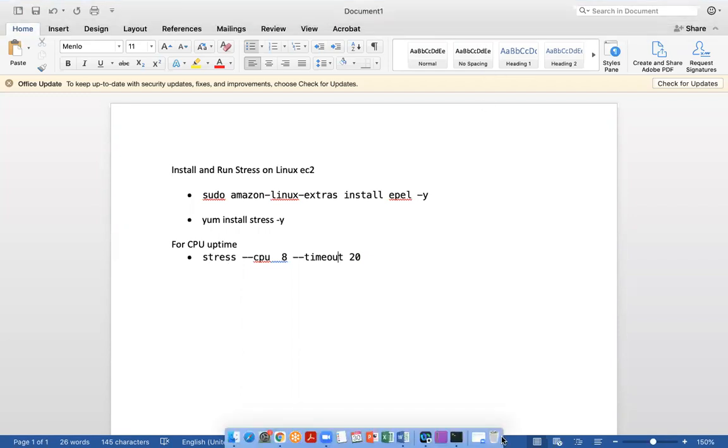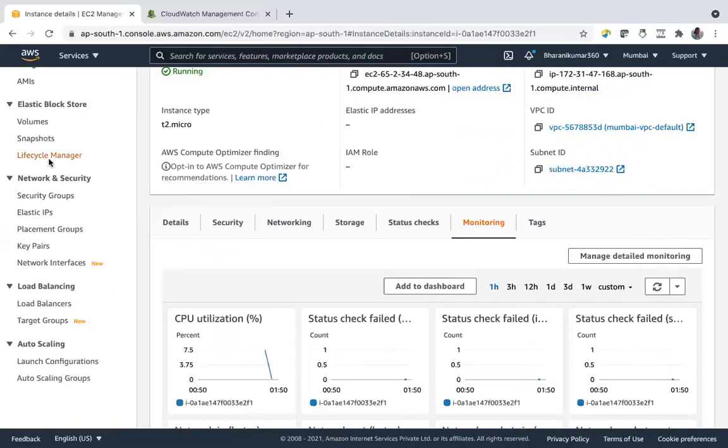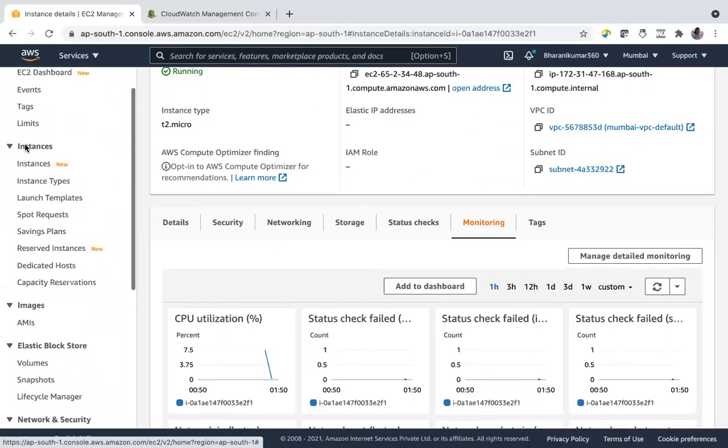Okay, so we have talked about EC2 and other EC2 related services like elastic load balancing, auto scaling groups, right? Let us keep it like this only.